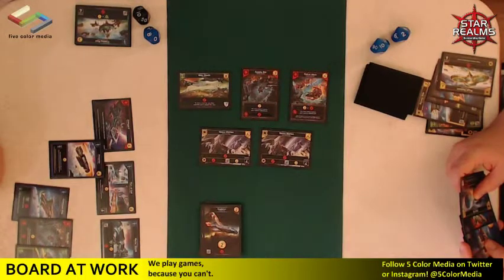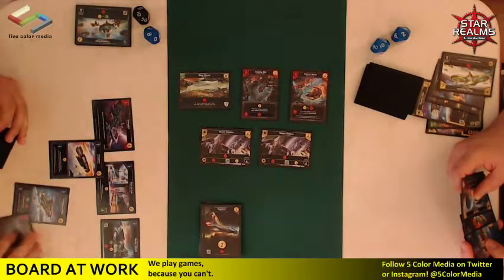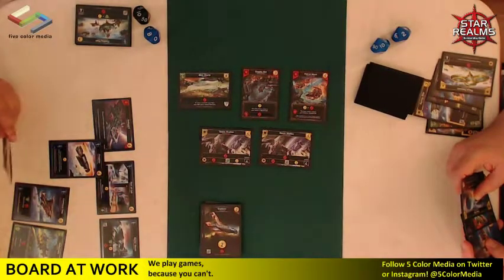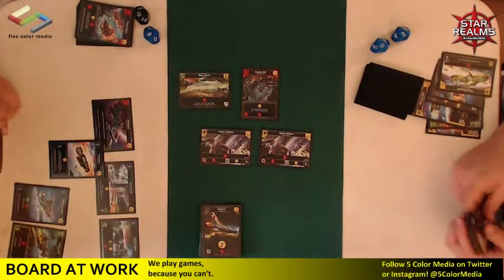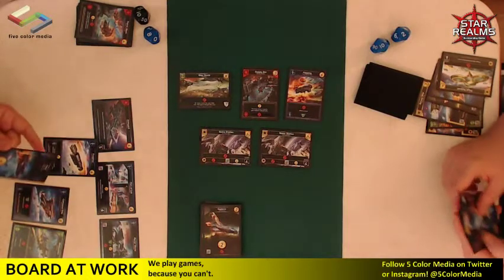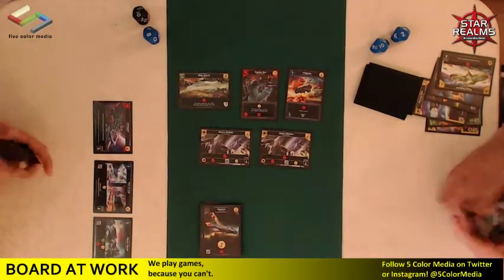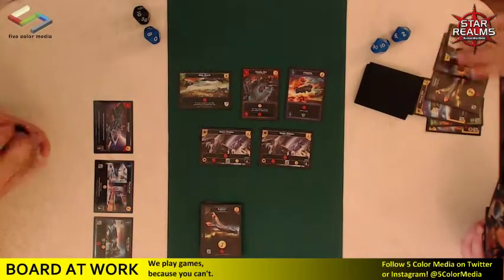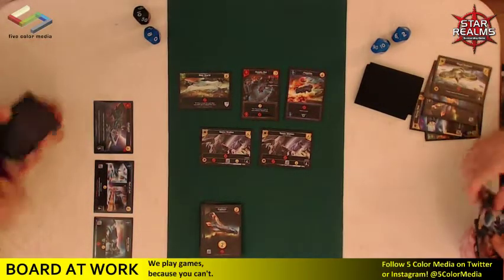Barter World. Let's see. So 1, 2, 3, 4. I'll buy a Patrol Mech. All right. And this 1 gold will do nothing. Oof. All right. So I will